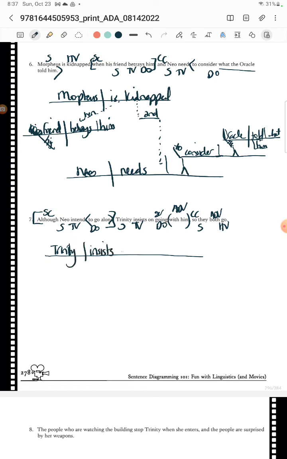insists, and she insists on, that's one of those phrasals, and she insists on going, and then she's going with him. Okay, and then although Neo intends, he's gonna go alone to go, and then he intends to go alone. He's not intending alone, he's going alone. We're just gonna put a little although right there. Okay. So